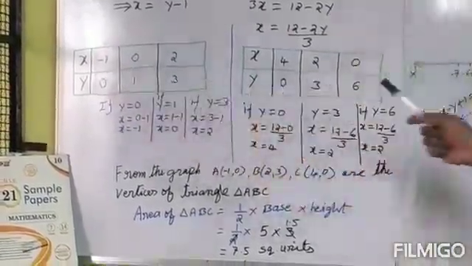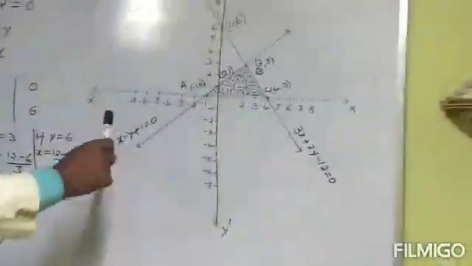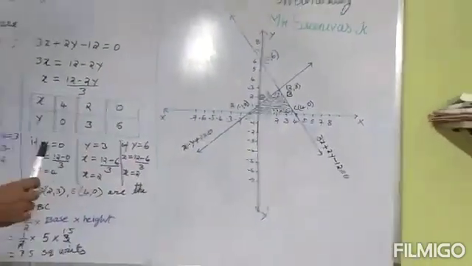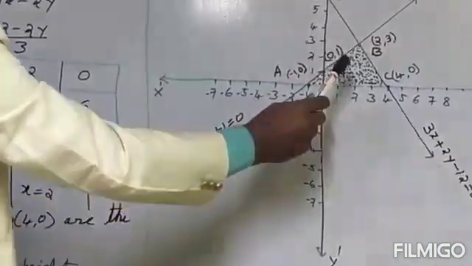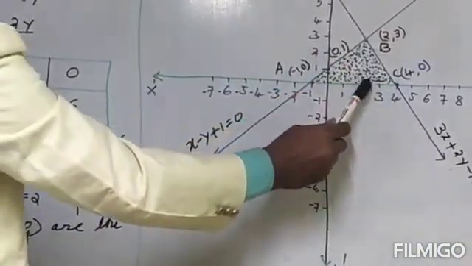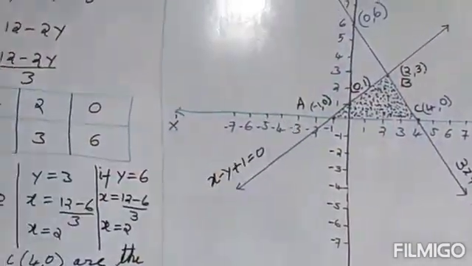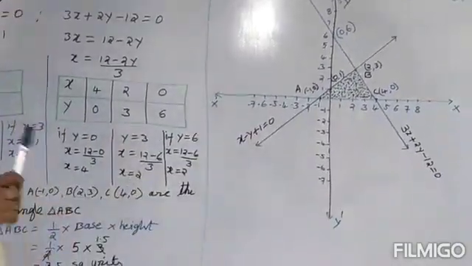First coordinate you see on the graph. You look this side, there is a graph. You are going to plot on the graph paper by using the ruler and pencil. First point you see minus 1 comma 0. This is minus 1 comma 0, and next 0 comma 1, and this is 2 comma 3. So now join these 3 points by the ruler. So you will get the line of the equation x minus y plus 1 equal to 0.